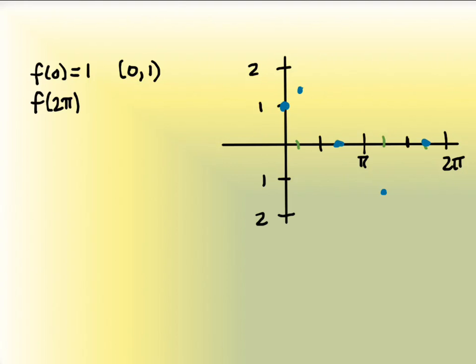And the same thing is actually going to happen at 2 pi, because 2 pi and 0 are the exact same location on the unit circle, aren't they? So they have the same sine and cosine values. So sine is still 0, cosine is still 1, so this is still the number 1. So over here, when I plot my point, I'm plotting the point at 2 pi still up here at y equals 1. And then if I connect these,